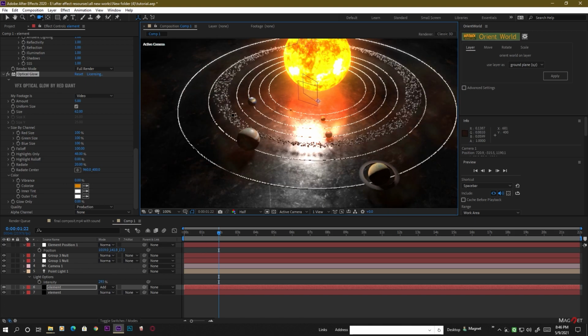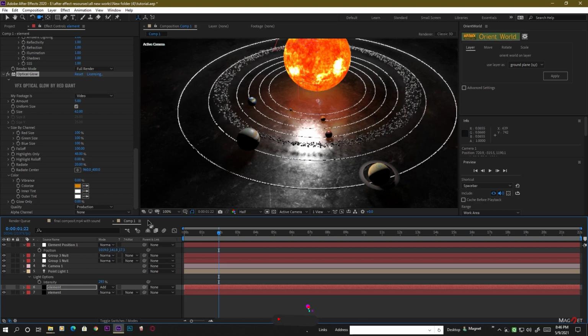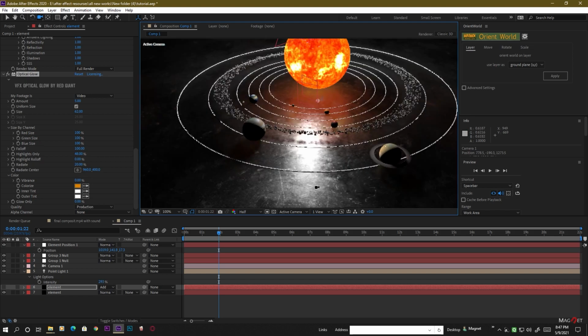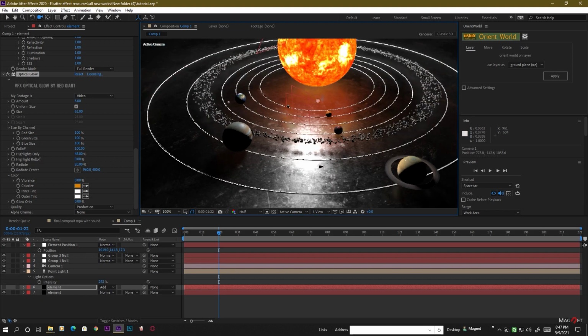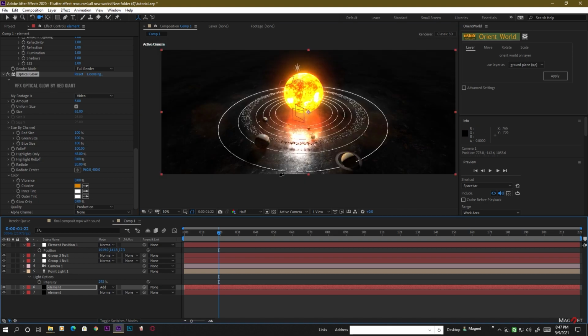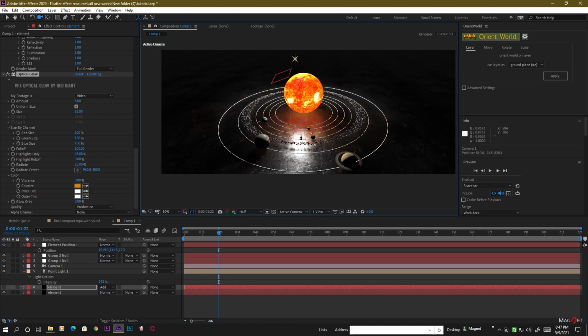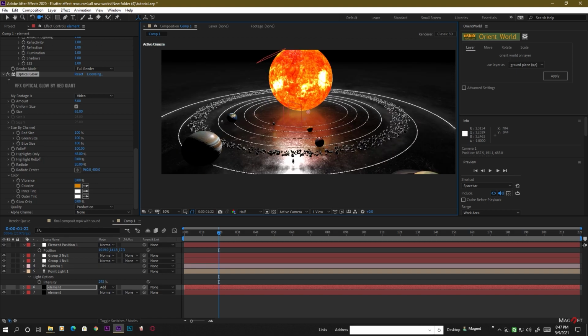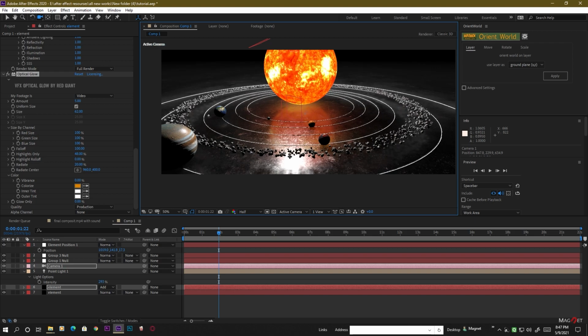So when you set up your scene, you can shut it down and turn off this layer, and then you can move your scene anywhere you want, and when you are satisfied with your scene, you can turn this on. Okay, so this looks right. So now we go a little bit closer to our solar system here, and then we go down a little bit, go to the asteroid belt here,